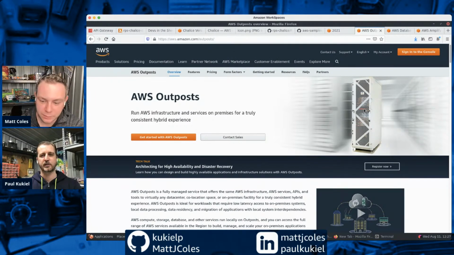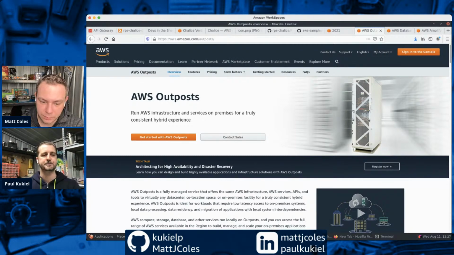So that would be useful if there was a compliance reason that you needed that on a specific premise, or it might be just straight up a location thing. Let's just say we're from Australia, and one of the mining companies is using an Outpost that needs to be really close to a data center to get information about the rocks they're collecting. Latency over the internet is just too high for the amount of data they want to send, or they don't have the bandwidth throughput to handle that. So they want to store that data locally, but they want to maintain the consistency of the overall service lens